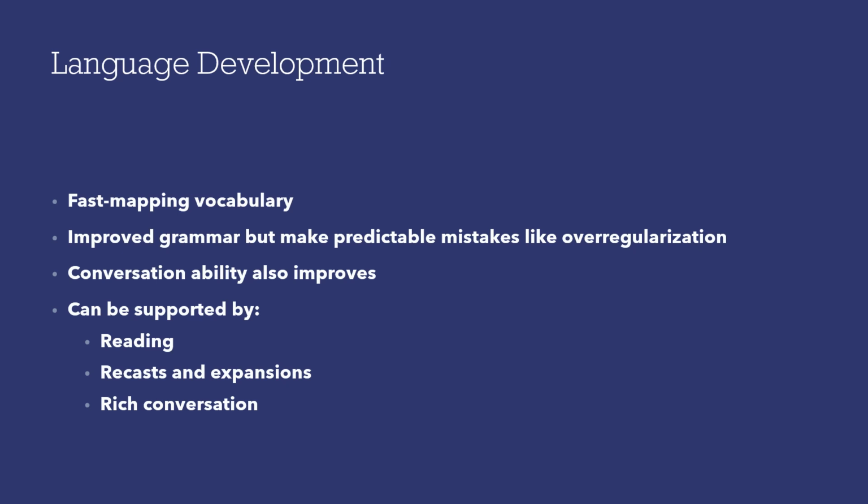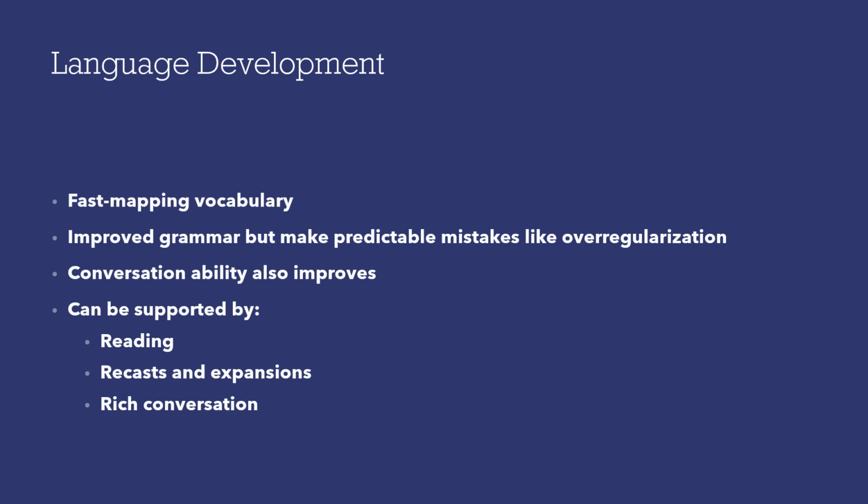Their understanding of grammar is improving, but sometimes they make what are called over-regularization errors. That would be if they're taught that plural words end in S, then they'll overextend that rule and apply it to everything. So they'll say mouses or gooses instead of the proper one. Same thing for past tense, they'll learn that ed normally means past tense, so then they'll say runned instead of ran.